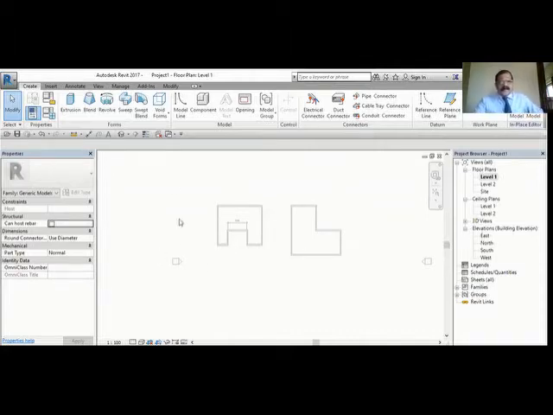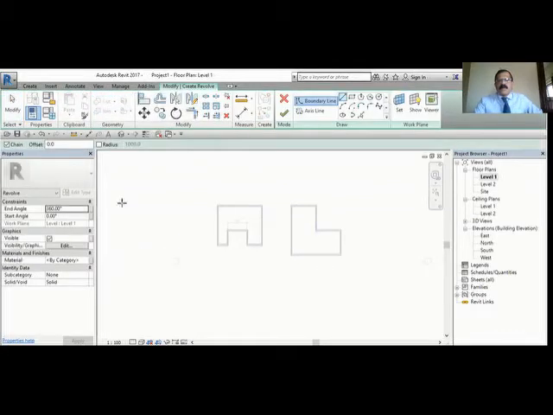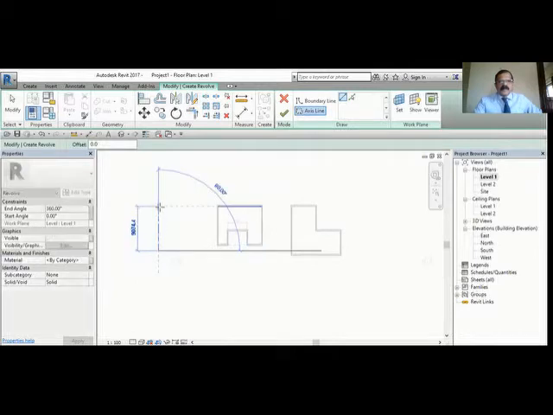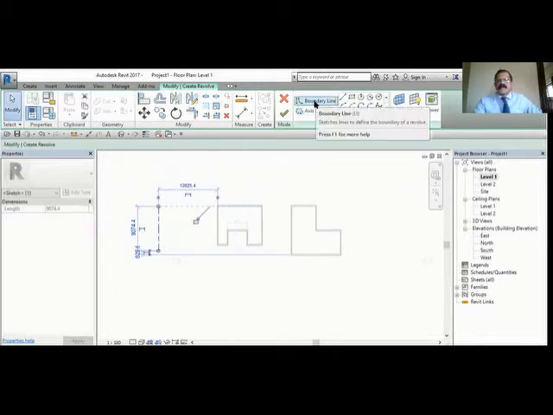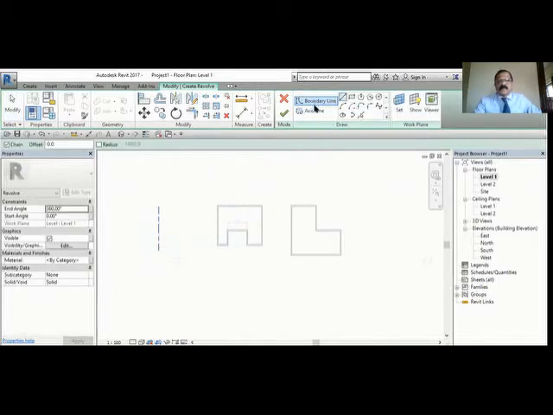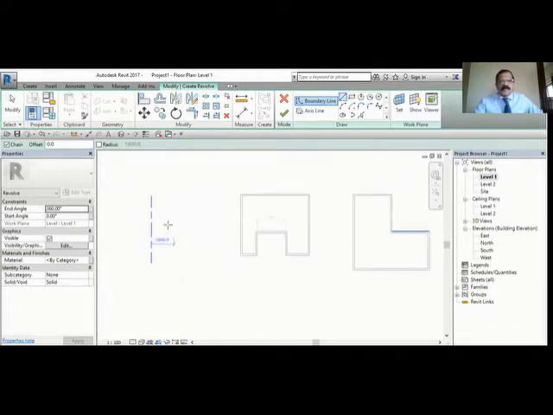If you create it in the plan, it will not look nice. Still, I will show you in the plan how it comes. So let's go to revolve. When you want to revolve, you require two things: one is the axis and one is the boundary line. Let us draw an axis. So this is my axis. Now let us draw the boundary line, meaning the cross section. I'll just draw a small cross section here.